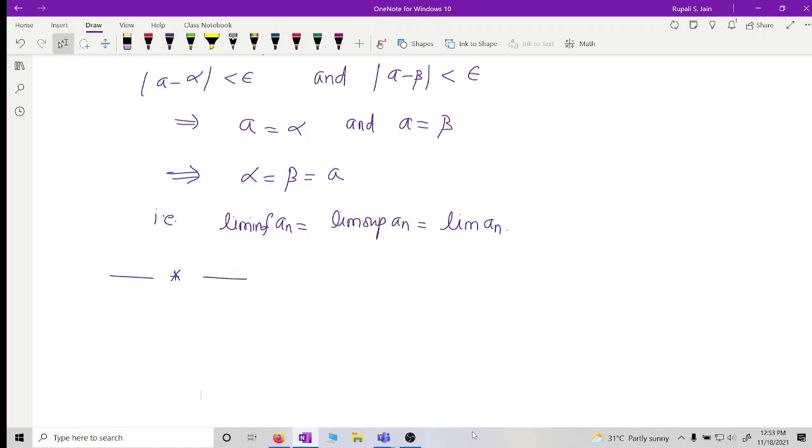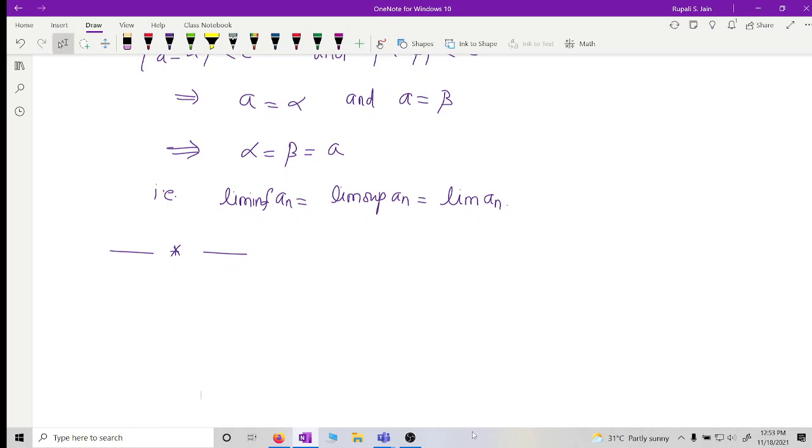So, okay, tomorrow we'll prove this next theorem, or we can have it today only. One theorem is remaining only in this limsup and liminf. We can complete it or